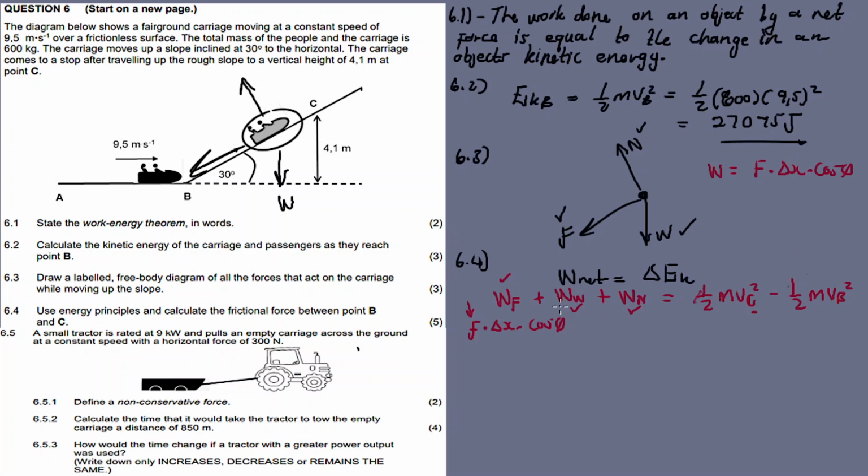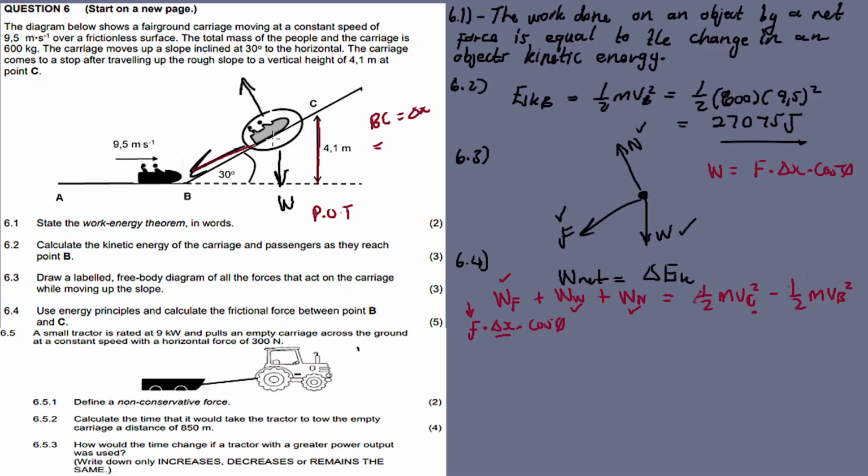F is what we want to calculate. Delta x I can calculate using POT, Pythagoras theorem, right? In the opposite side I want the hypotenuse. I'm also given an angle, right? So using Pythagoras theorem I can see that length BC or delta x is equal to, yes, it's okay, so